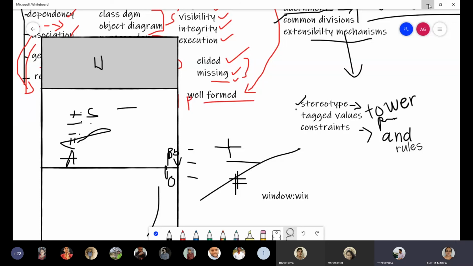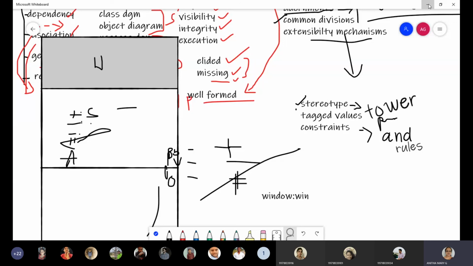Okay, so here we have learnt about rules. What are all the rules we have? So the software team may develop things which are elided, incomplete, and inconsistent. And moving on to the next topic, common mechanisms in UML. So 4 mechanisms we have: specifications, adornments. Just now I was telling you about the adornments. And then we have the class under common divisions. First one, class and object divisions.